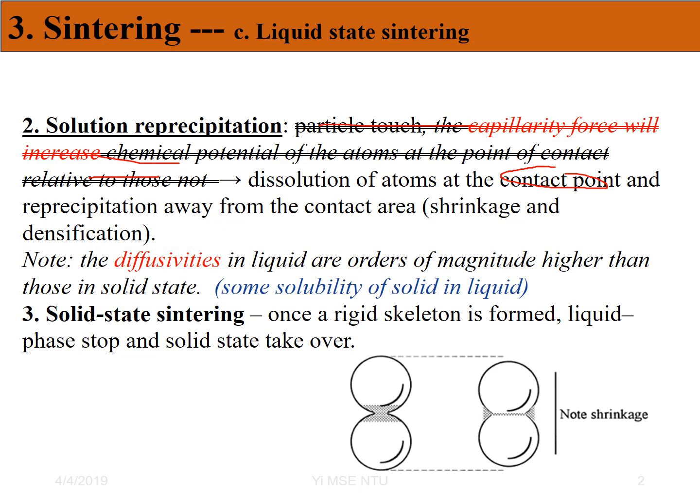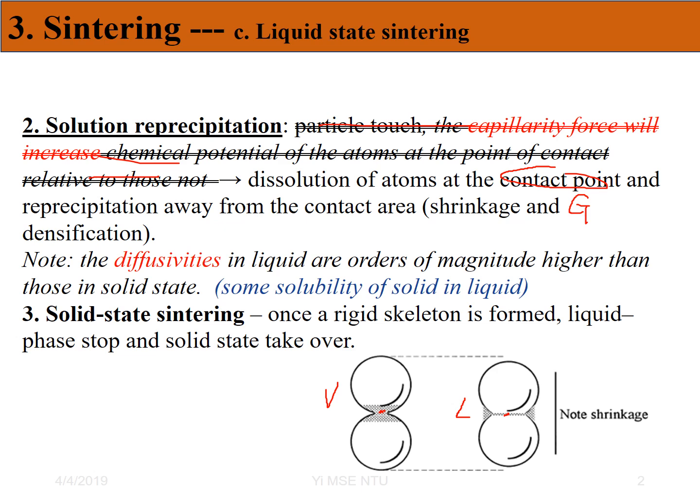We can borrow this graph from the solid state sintering. Still remember, right? The only difference between the solid state sintering and the liquid state sintering is just the media difference. You can imagine the solid one means everything happens in the vapor. Outside is vapor, but if it's liquid, then the atmosphere is liquid. Before, the atom moved through the vapor, but now the atom actually moves through the liquid